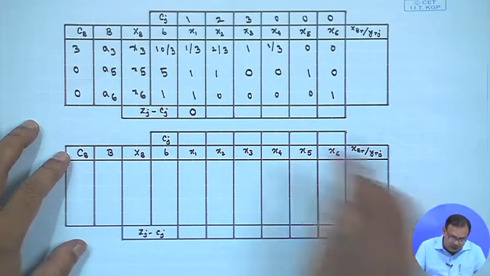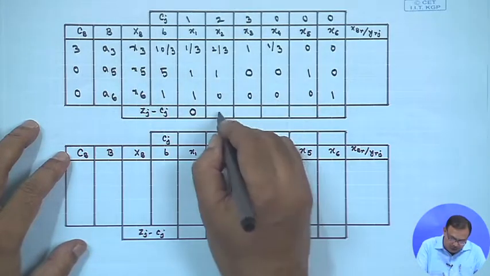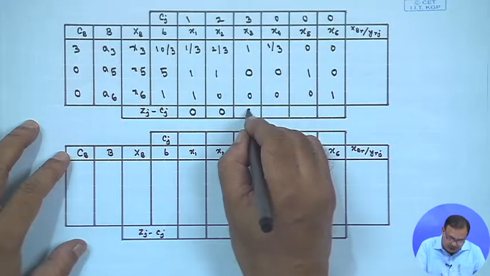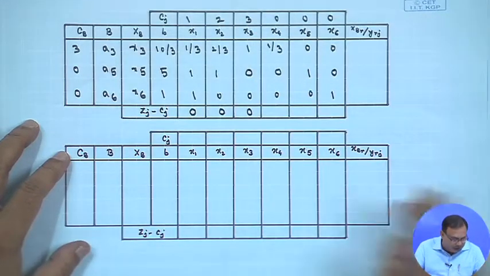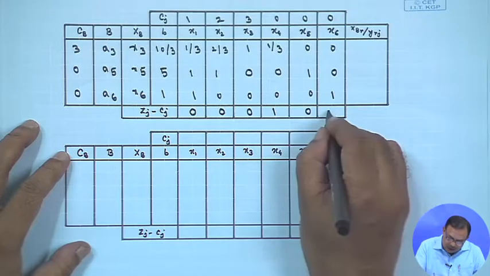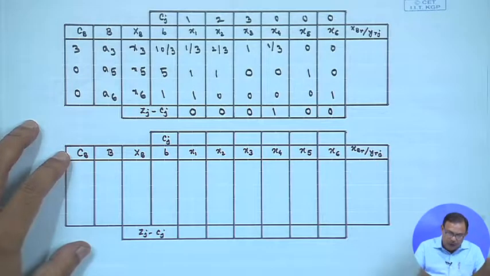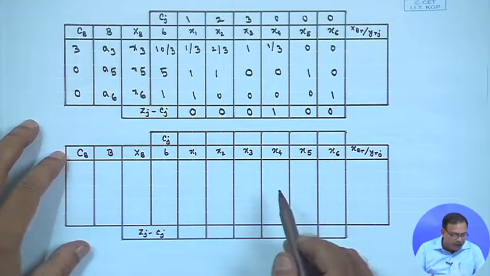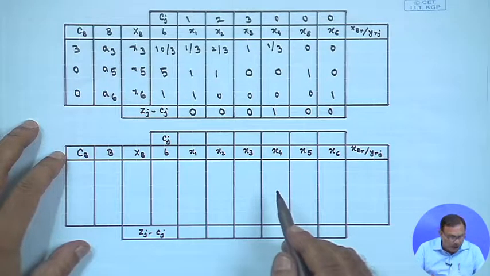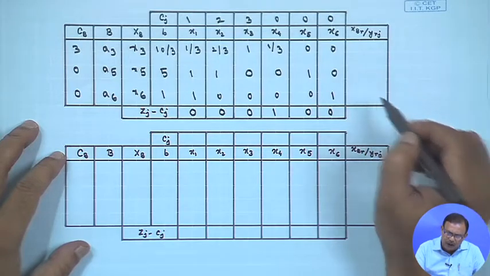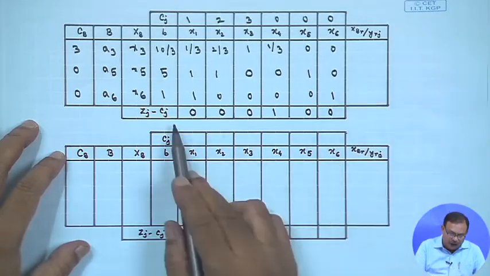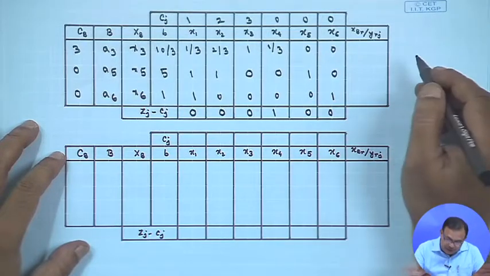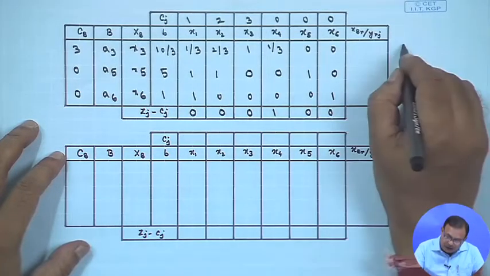This is also becoming 2 minus 2, so this is also 0. This is 3 minus 3, so this is becoming 0. After that it is 1, it is 0 and it is 0. So in this case, if you see, all Zj minus Cj is greater than equals 0, so there is no need of calculation. So Zj minus Cj greater than equals 0, but Zj, if you note here, Zj minus Cj,